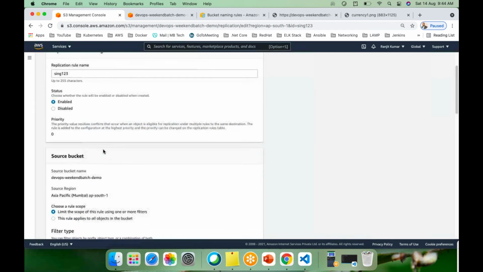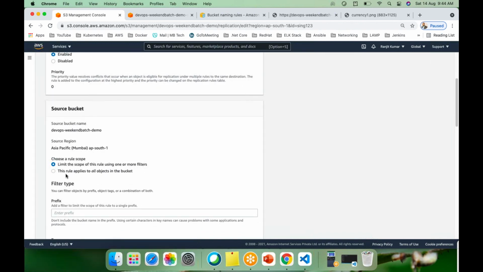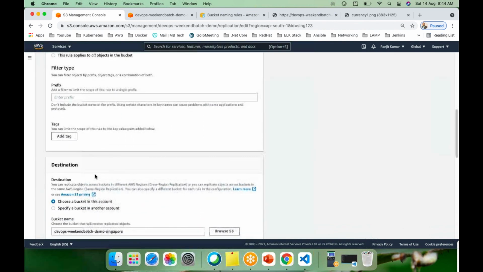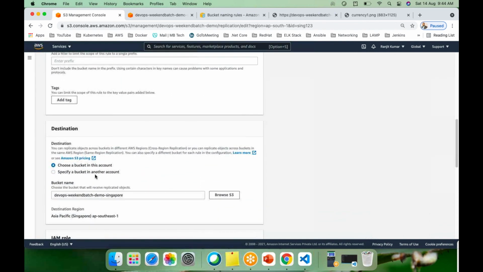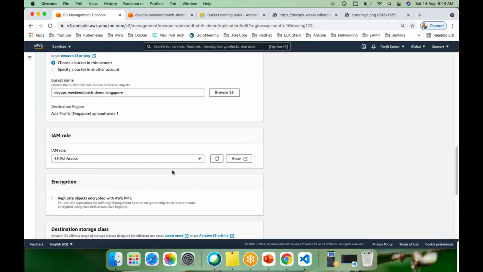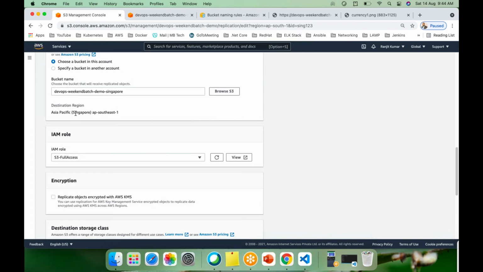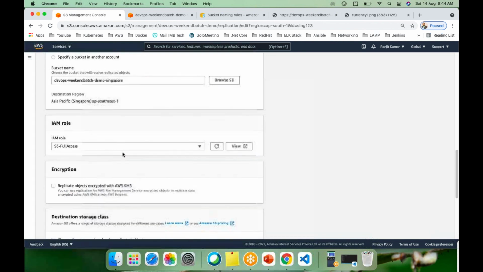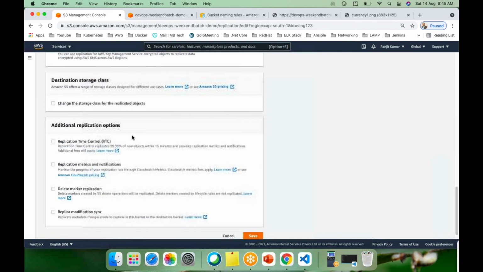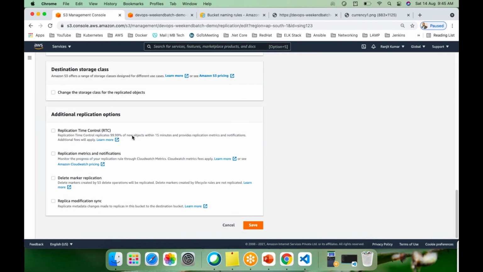Okay, if you see here, it says the replication status failed. Just check the view replication rules actually. The replication itself has not been done. Status is enabled, priority. The replication rule actually did not happen properly. Okay, so we have to fix it.